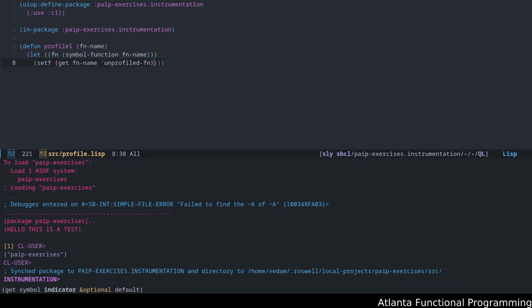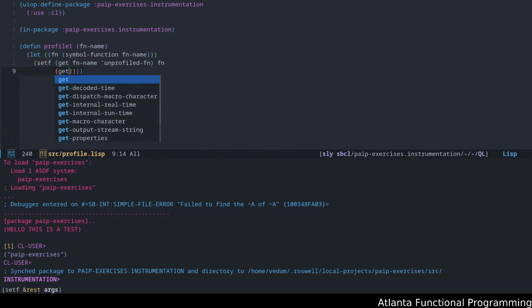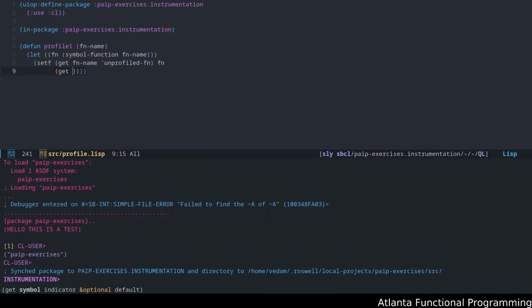We want this later on, when we want to call this function and actually return the unprofiled function when we go into profile, and you'll see this in just a minute. The next thing we want is that when we're done profiling, we can go and just return the original function pointer back.